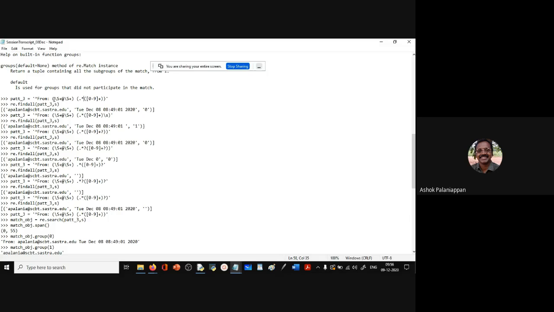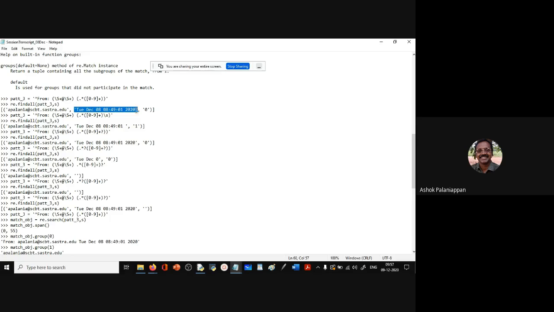You see we have 3 parentheses here, so there are 3 groups to be returned. The first one returns the email address. The second one is this entire pattern, what follows the email address, and that particular date time stamp is returned. It's a dot star and then some numbers, and that is being returned.